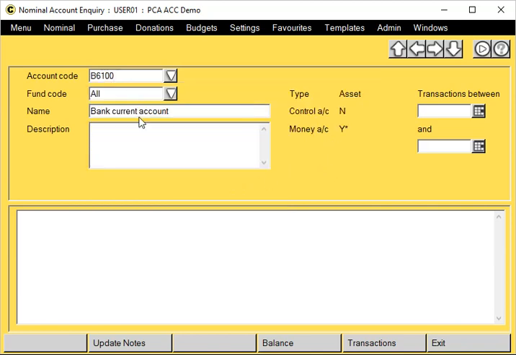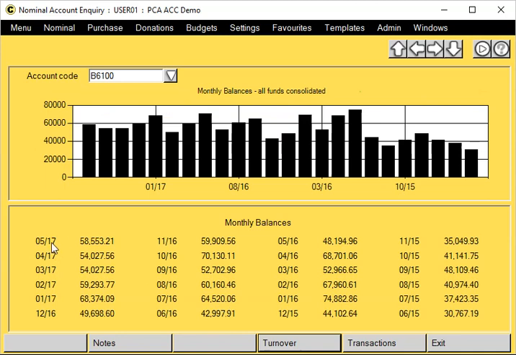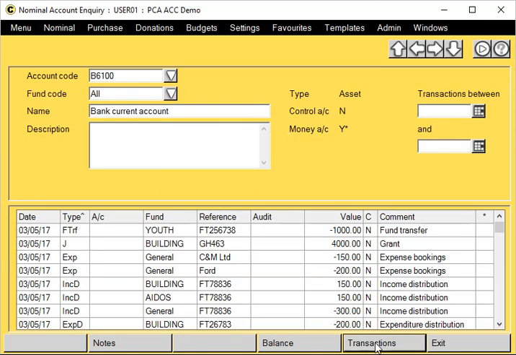So here it displays the name and the description and the type. Down the bottom here you've got a notes section, so you can update the notes and record any information that you require in there. You can view the balance, it's as per month here, and you've also got a turnover as well, again monthly. Click on the transactions button and that will show you every single transaction entered against that